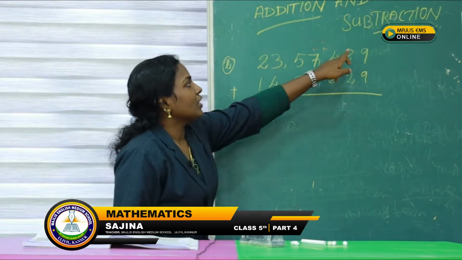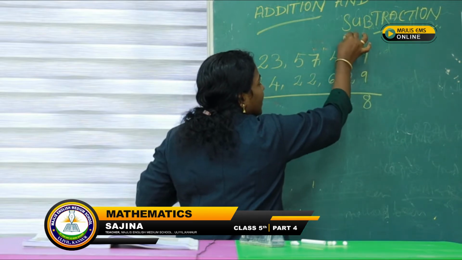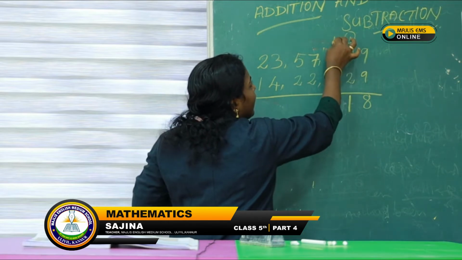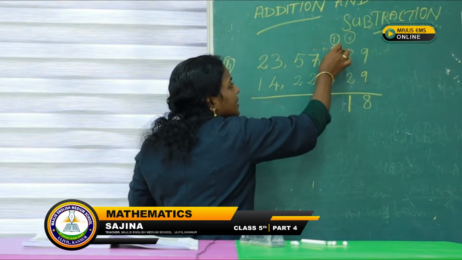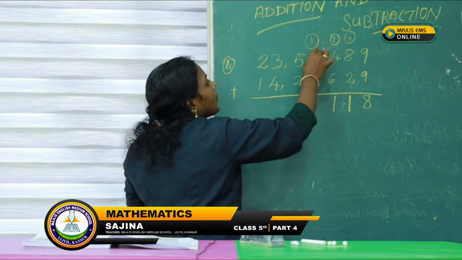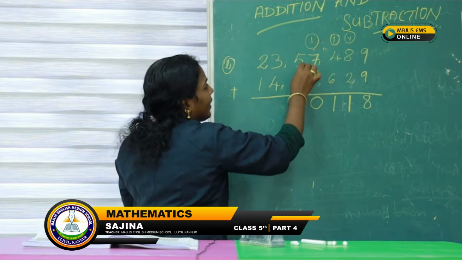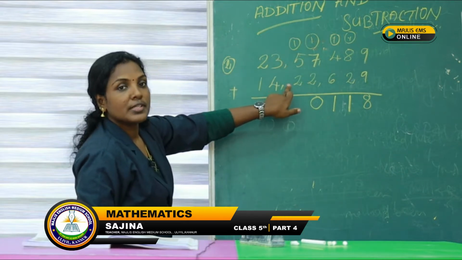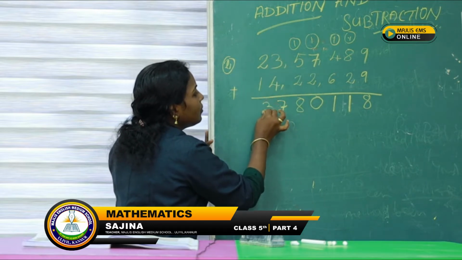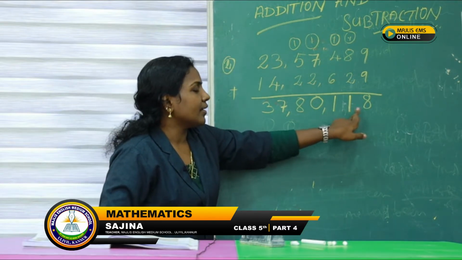First we add. 9 plus 9 is equal to 18. We write 8 here and the balance 1 is here. 8 plus 1, 9. 9 plus 2 is equal to 11. 1 balance. 4 plus 1, 5. 5 plus 6 is equal to 11. 1 balance. 7 plus 1 is equal to 8. 8 plus 2 is equal to 10, here 1 also balance. 5 plus 2, 7. 7 plus 1, 8. 3 plus 4, 7. 2 plus 1 is equal to 3. Therefore 37 lakh 80,118 is the